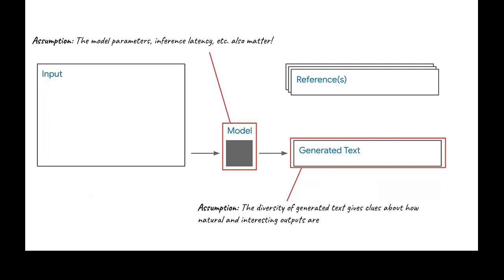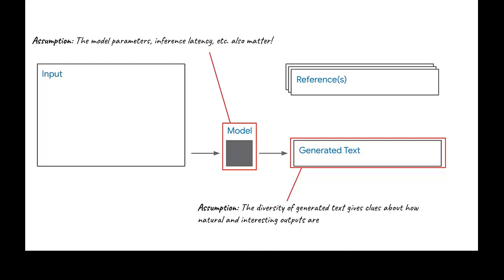Yet two other evaluation approaches we can take, still under the automatic evaluation umbrella, is we can look at the model itself, the number of parameters, the latency we get when we try to run inference. And here, again, that might matter more for someone in industry who wants to serve the model to many, many people, rather than academics who might care more about producing the best possible model.